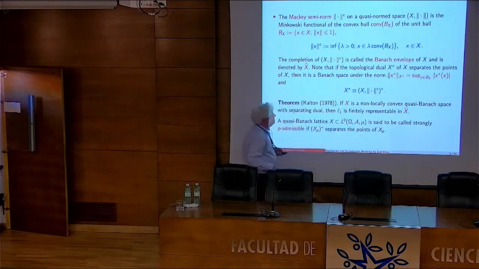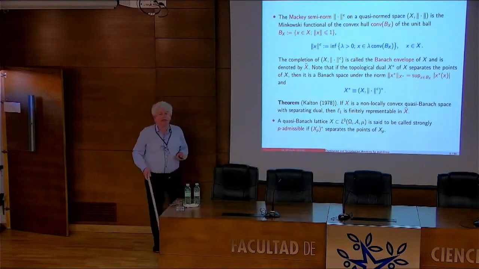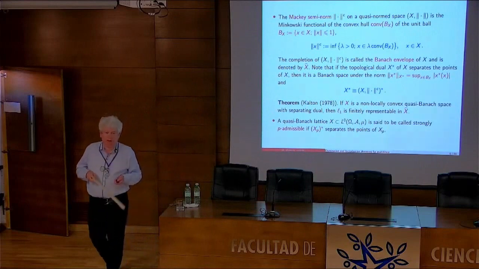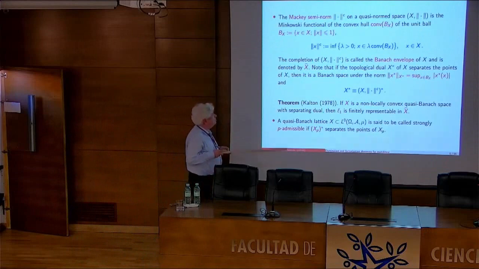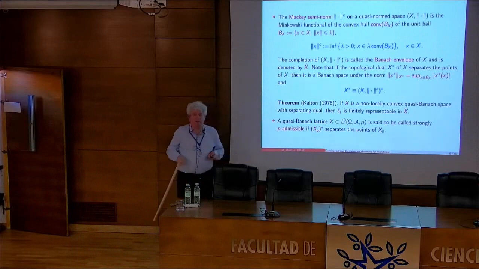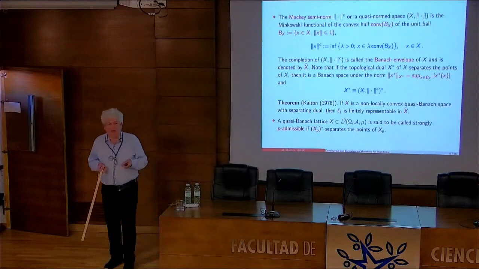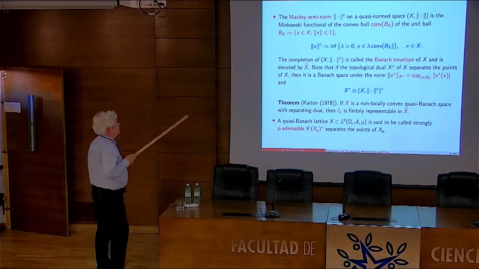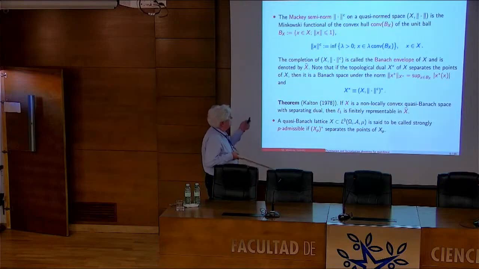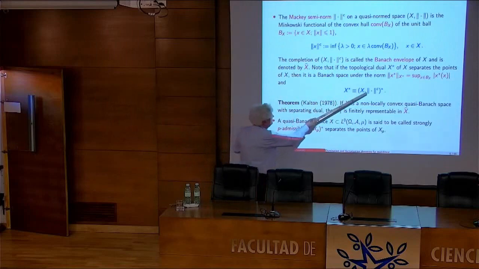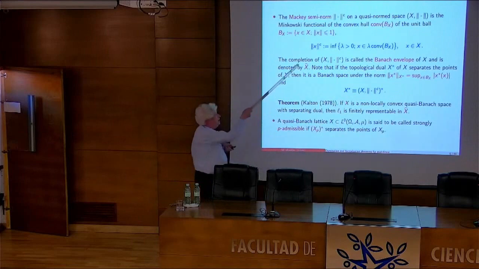What you see, the Mackey norm, is the strongest topology that gives the same topological dual. There is a general notion: if you have a topological linear metrizable space, the Mackey topology is the strongest locally convex topology which gives the same topological dual. The base of neighborhoods for this topology is formed by the convex hulls of the neighborhoods of the original topology. So in this case, this norm produces the same topological dual as the original one.